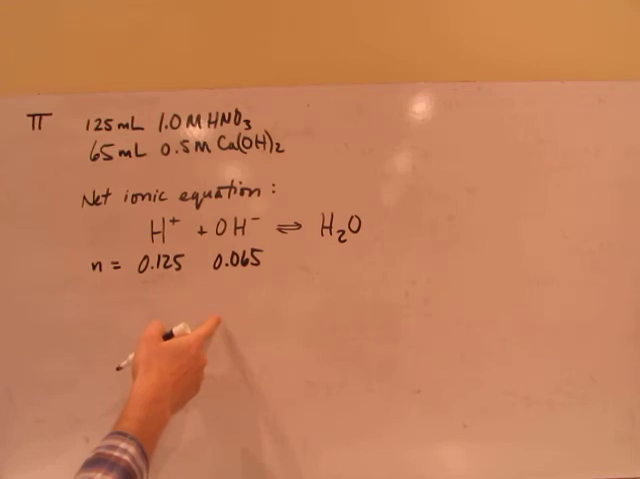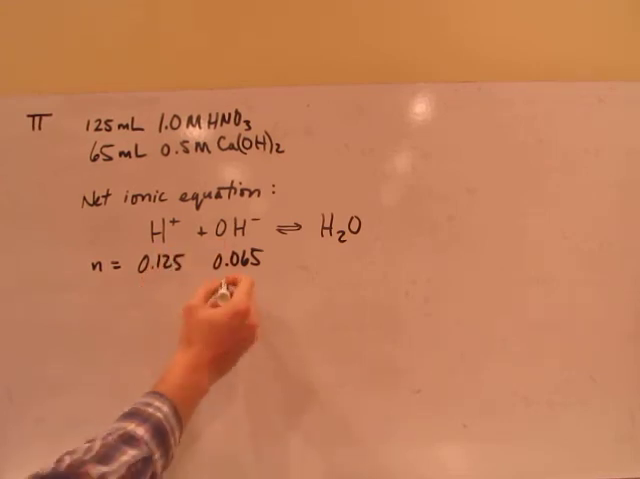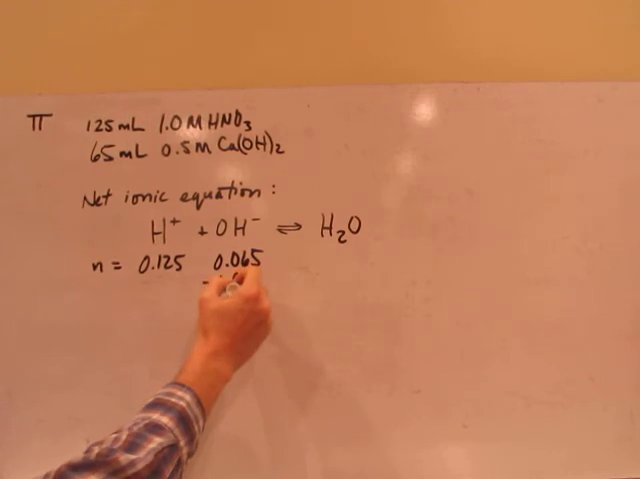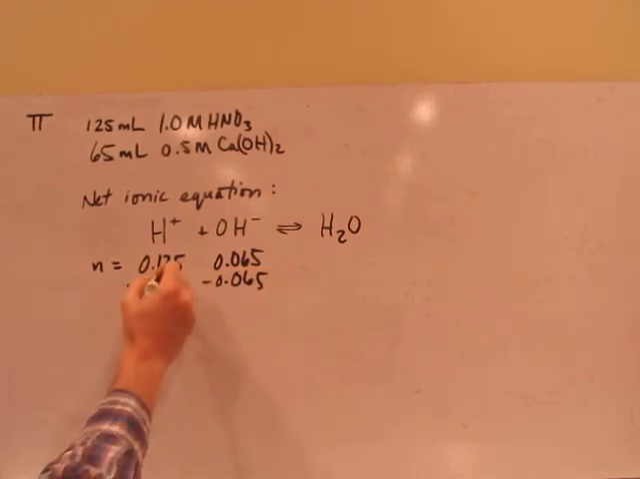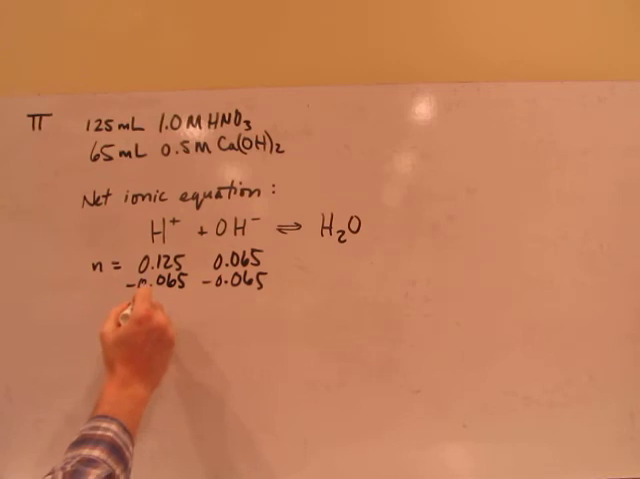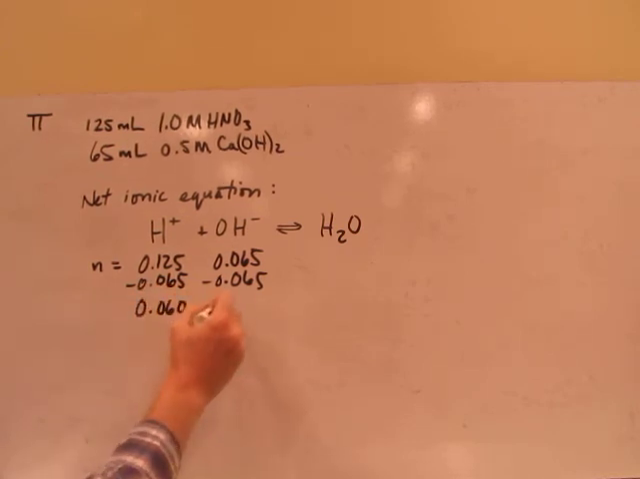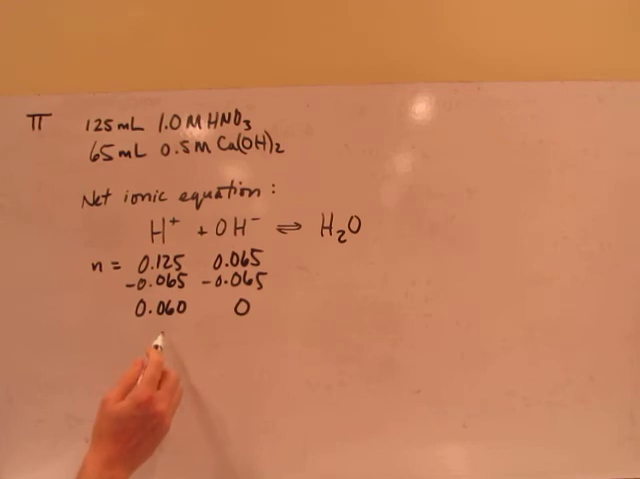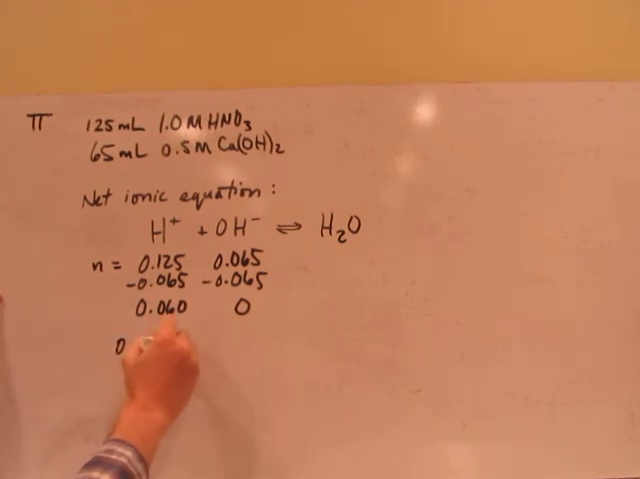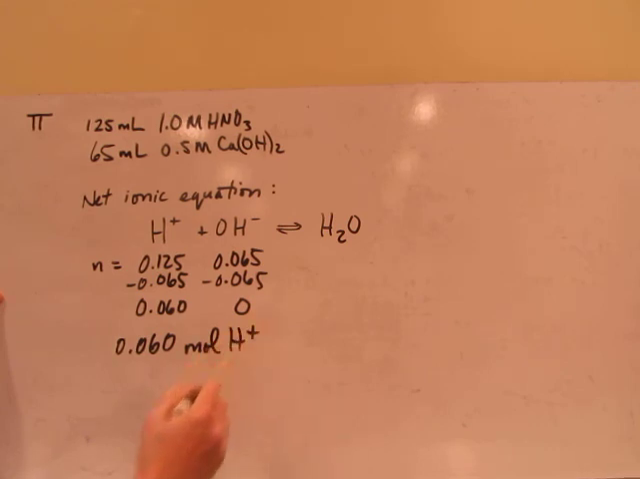So the limiting reactant is clearly the hydroxide, so this is going to go to 0. And you end up with 0.060 moles of H plus. So you have a strong acid. So that's if we don't have any situation with a weak acid or weak base here, so it's kind of simple. What you need to keep in mind is that this is 0.060 moles of H plus, and now we need the volume,